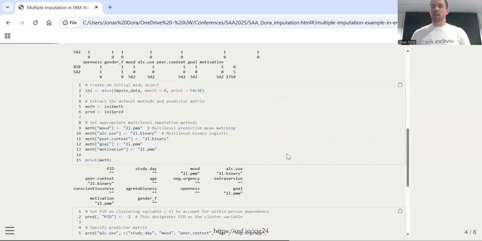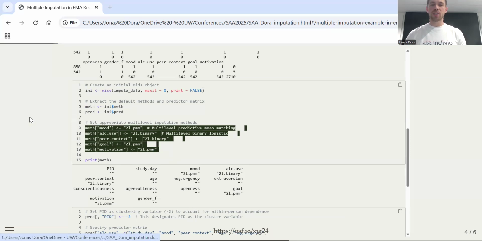And then in mice, when you want to do an imputation, you always need to do 2 things. Sometimes you need to do more, but you always need to do at least 2 things, and that is specify the method and specify the predictor matrix. So here in this code, what I'm first doing is I'm initializing an empty mice object. By setting the iterations to 0, I'm telling mice basically get ready, but don't run it yet. Because that allows me to then conveniently customize the method and predictor matrix to my liking until I'm happy, and then I run the imputation.